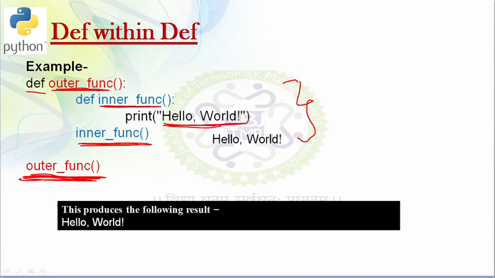As soon as I call this outer function, my control will go from the outer function to here. It will check what is the code written inside, so no code is written, but as soon as it goes down here, it will see a call to the inner function. As soon as it sees the call to the inner function, the jump will go from here to here and it will print hello world. Okay, so you can see I have defined the outer function, and inside that outer function I have defined one inner function. So this type of definition within definition is called def within def or the nested function.